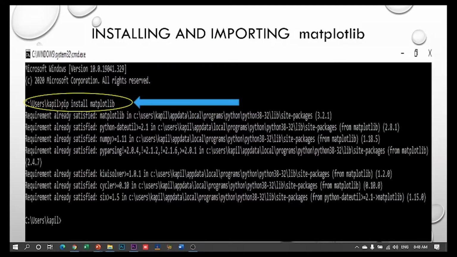Now the next topic is how to install and import the Matplotlib library. You shall learn to plot the data using PyPlot, but before that make sure that the Matplotlib library is installed on your computer. For using the Matplotlib library, first you need to install it by using the pip command. For that, open command prompt as administrator and give the following command: pip install matplotlib. But remember that your system must be connected to the internet.